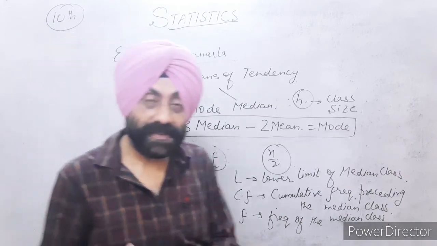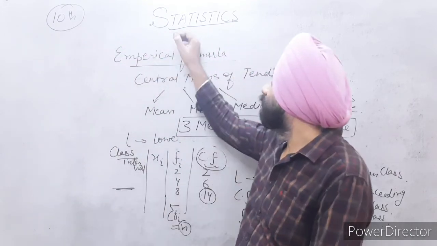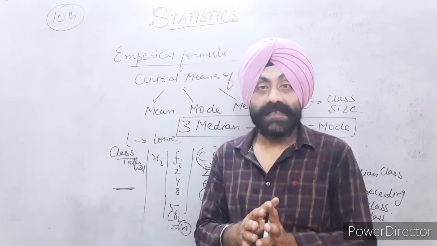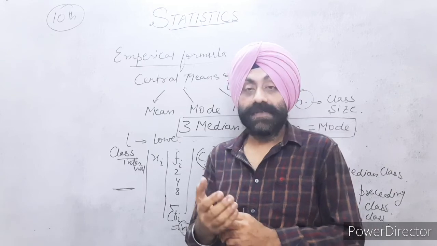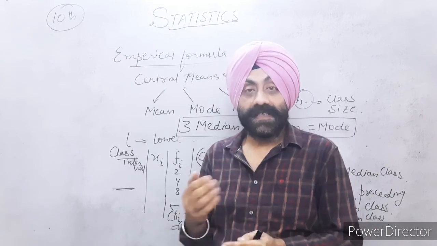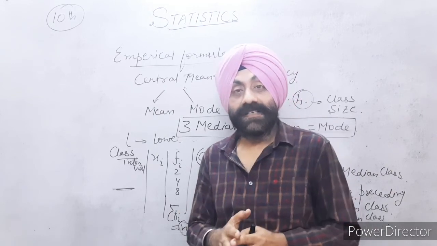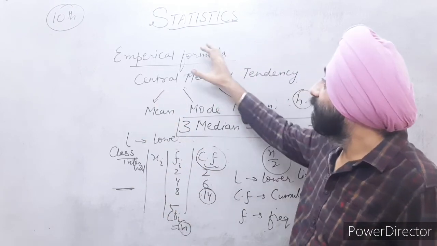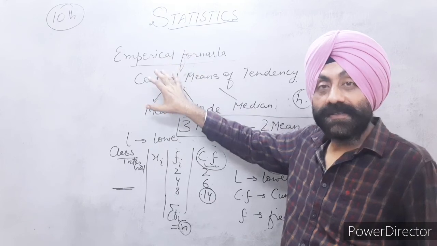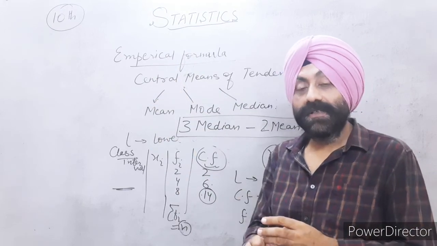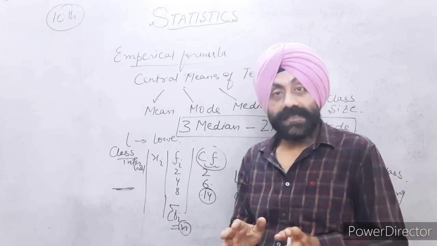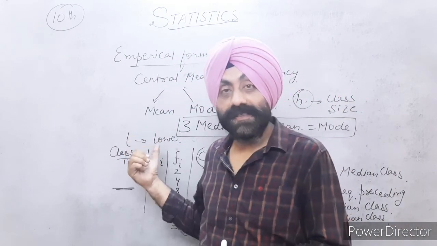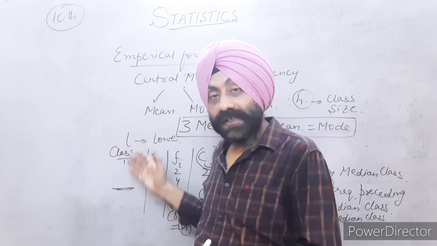This is the summary of the chapter Statistics from class 10. The third method, the step deviation method to find the mean, was there previously, but it has been deleted recently from the syllabus. So I have gone through a brief summary of this chapter so that you can recall and revisit it, and start solving numerical problems on this topic. It will help you out.